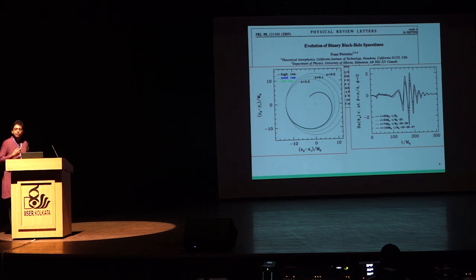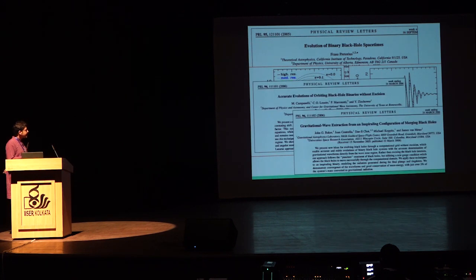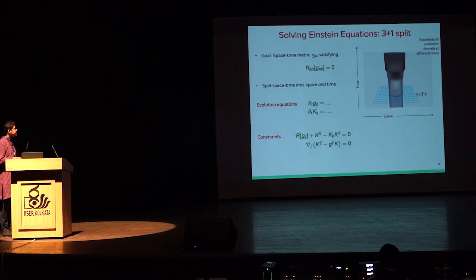So there were profound difficulties that had to be overcome in these 4 decades. So this is the paper that showed the first few orbits of an equal mass binary black hole system and the associated gravitational wave emitted by that system. Soon thereafter, other groups in the world also were able to follow suit and perform stable evolutions of binary black hole systems. So how do we actually go about